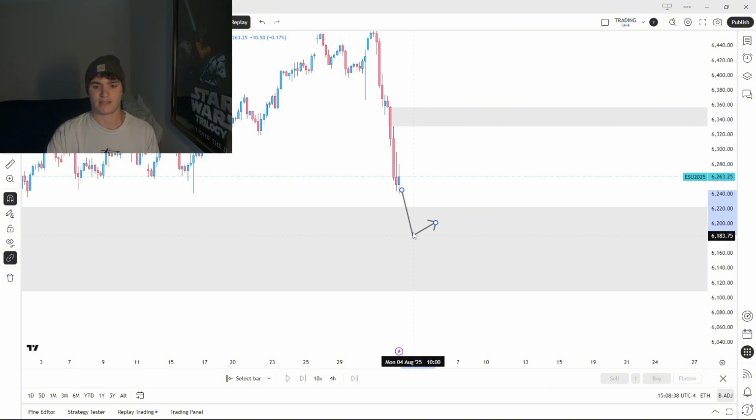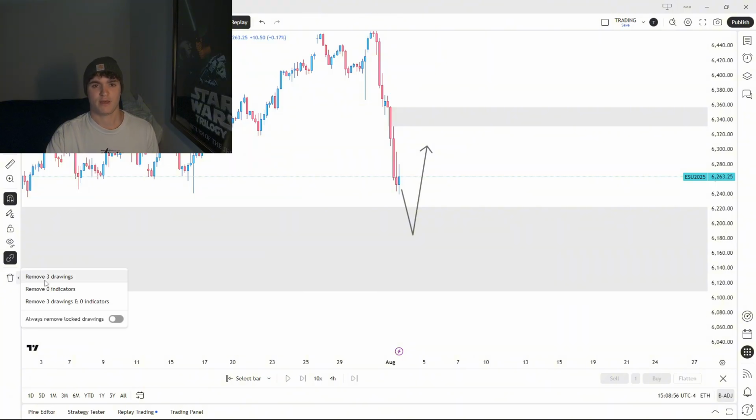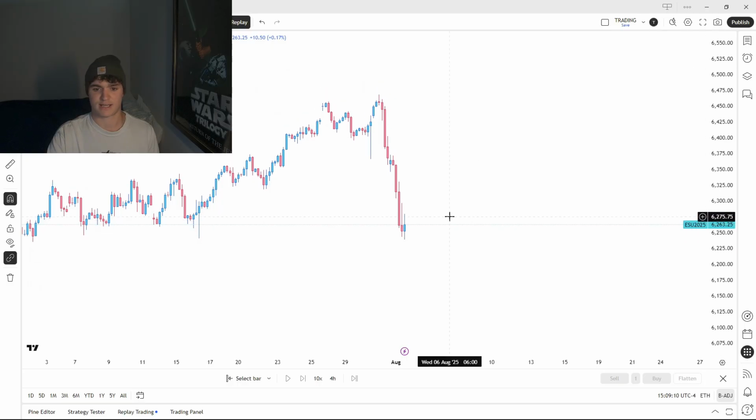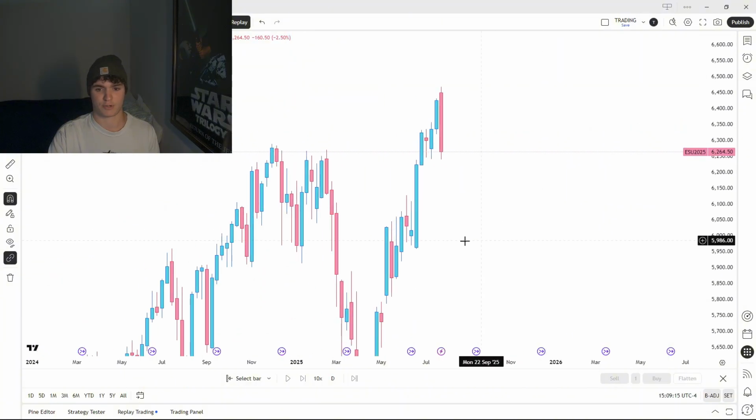If we dip on Monday into this gap and then move right back up aggressively, then more than likely it's just a bullish reaction and we might move back up to all-time highs depending on the environment of news, the market, all that stuff. So I don't project or predict like that. I react. I just look at what's likely going to be the draw on liquidity. And that's not really a prediction in a way. That's kind of a reaction because you're looking at where price has been, you're looking at where price logically needs to draw back to give a good move. But in this case, like I said, we have it right below us. A monster weekly bullish imbalance, and I think we're going to trade into it.